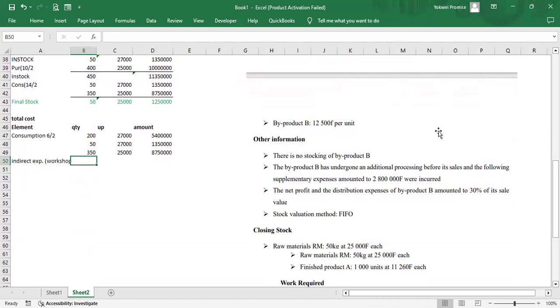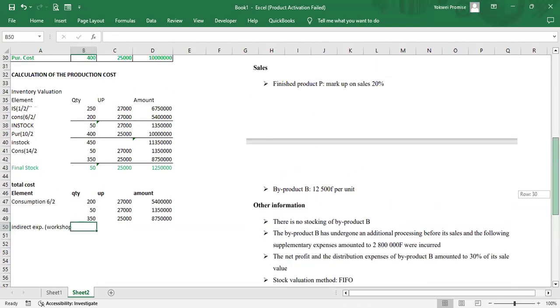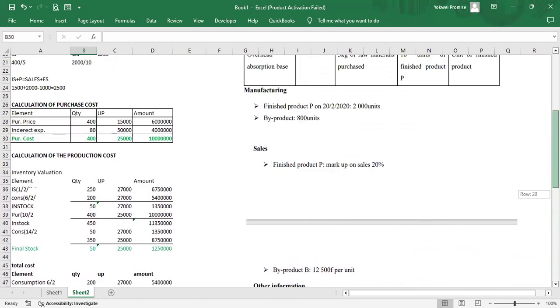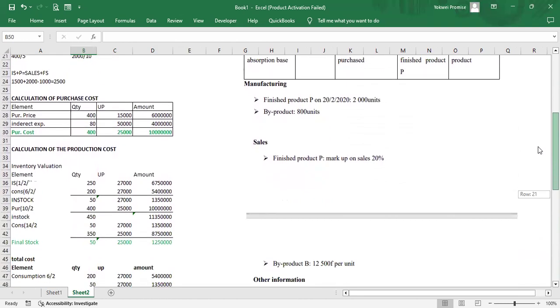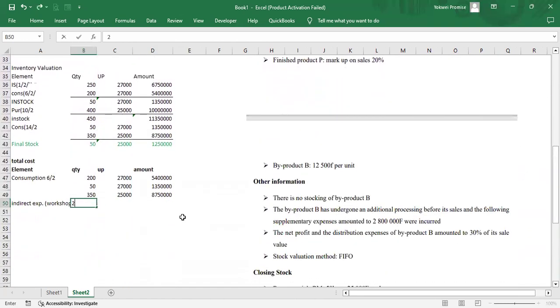Looking at the repartition table, for workshop we have 200 by 37,500, which is equal to this. So that is all about this. The next thing is for us to total. There is no other thing that we have there. So I have equal to